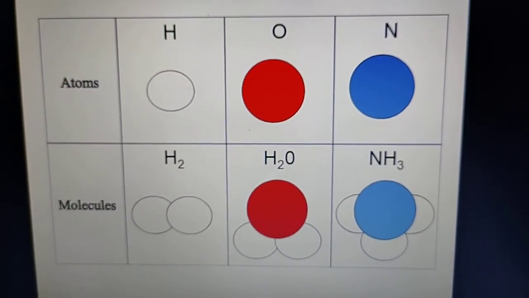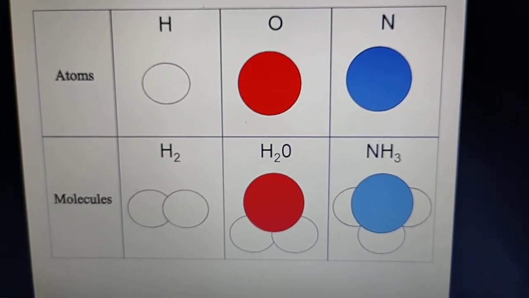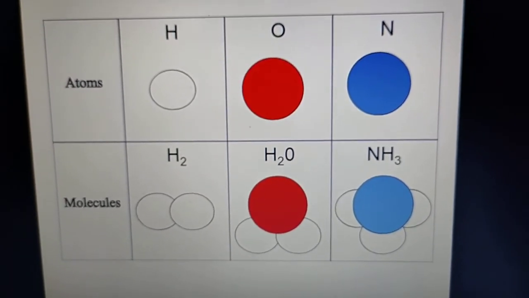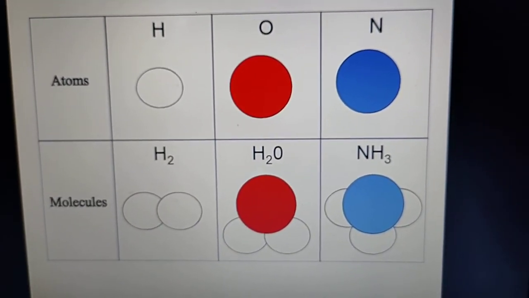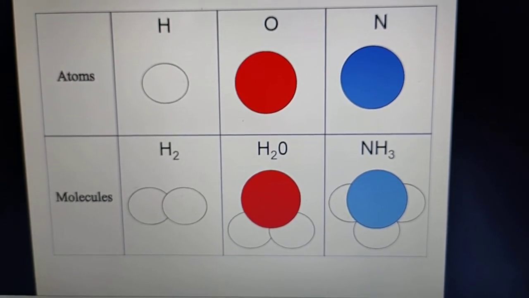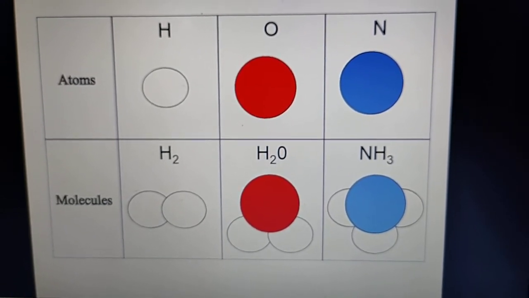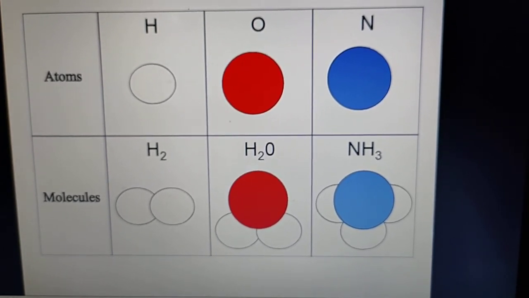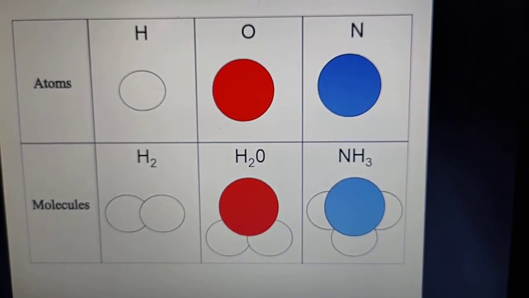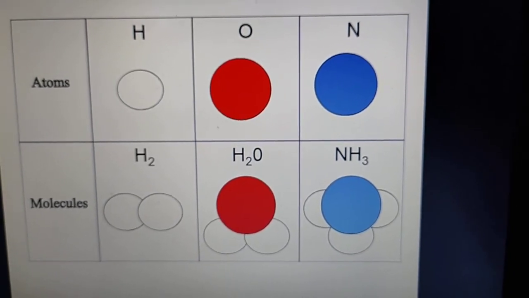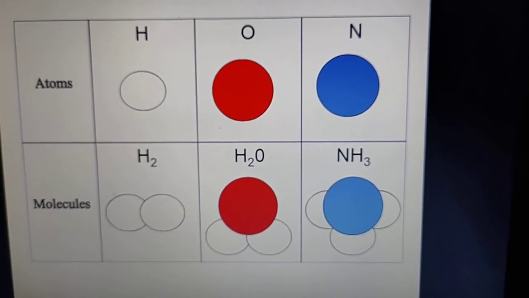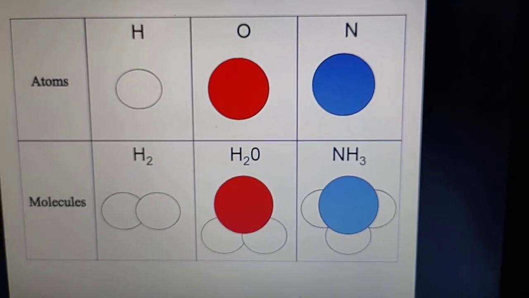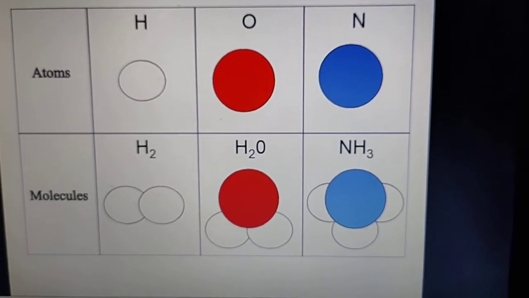Now you know that the molecule of a compound contains atoms of the constituent elements in a fixed ratio by mass or by volume. So H2O is water. Why? Because two elements are present in a fixed ratio by mass or by volume. So H2O, two atoms of hydrogen and one atom of oxygen are there, and we call them a molecule of water. Okay. A molecule of ammonia contains one atom of nitrogen and three atoms of hydrogen.